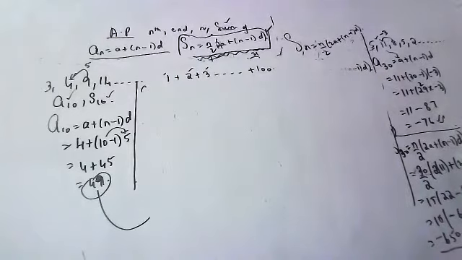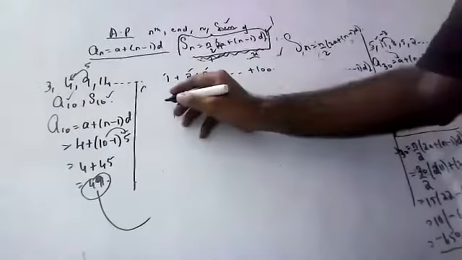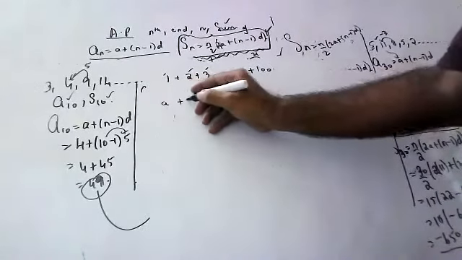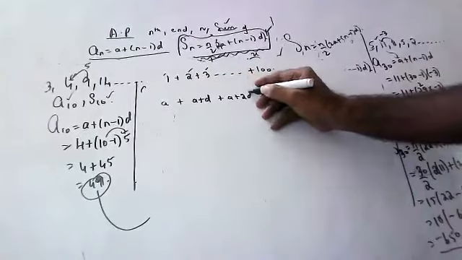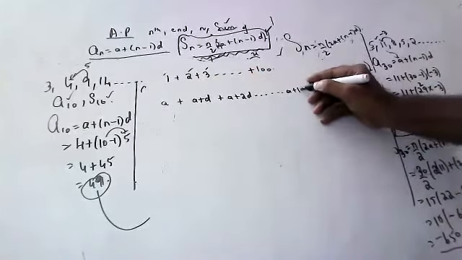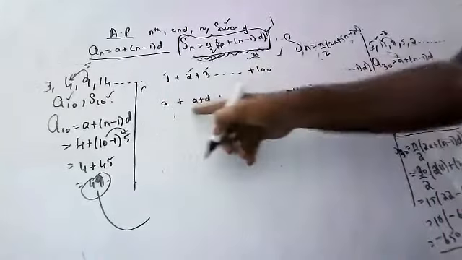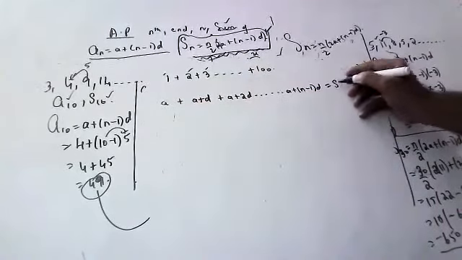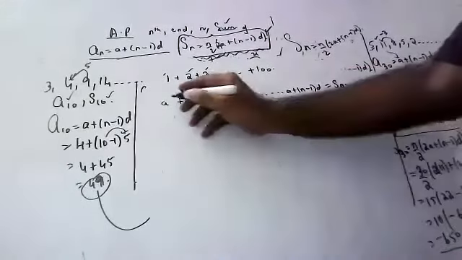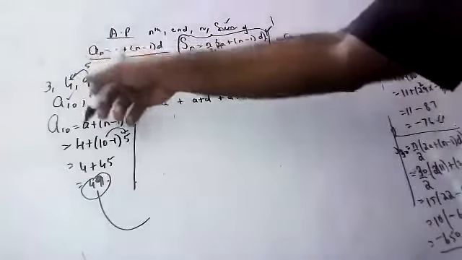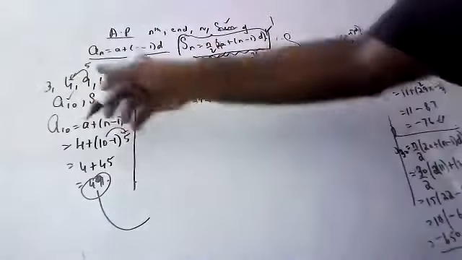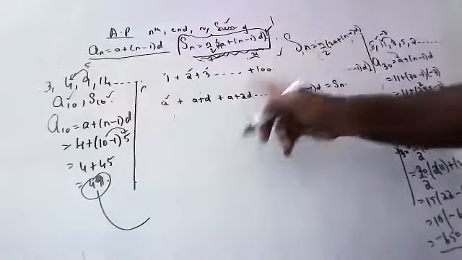What he did was, children, the first term is a, the second term is a plus the common difference, the third term is a plus 2d. So the nth term is a plus n minus 1 into d. If you add all this, what do you get, children? Sn. This is the first term, this is the second term. How do you get the second term, children? The first term plus the common difference gives the second term. Yes or no? Yes, sir. The second term plus the common difference gives the third term. Yes or no? Yes, sir.